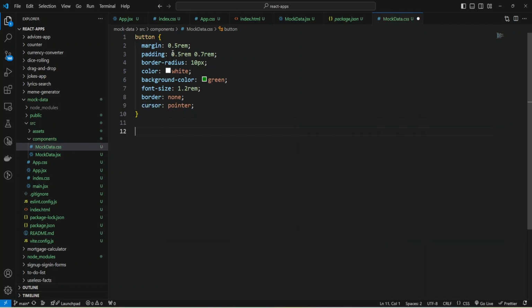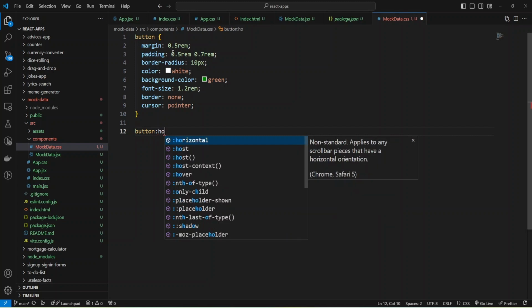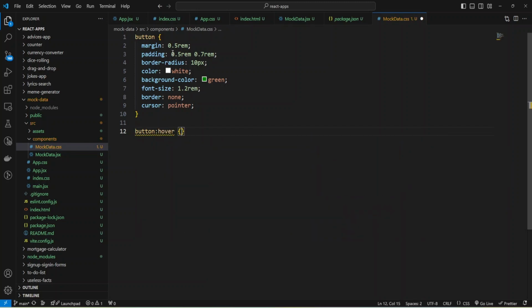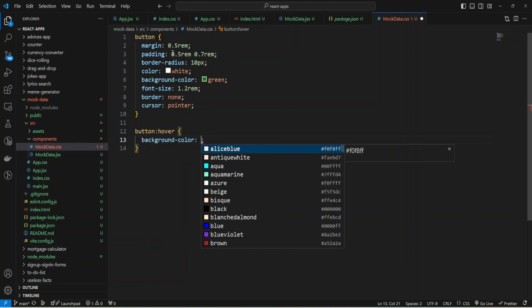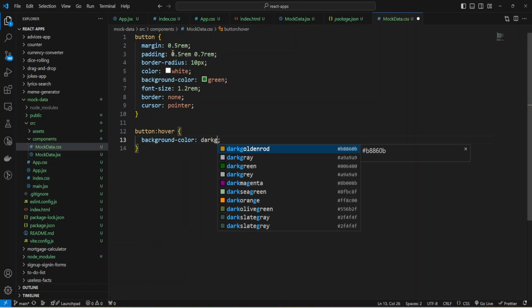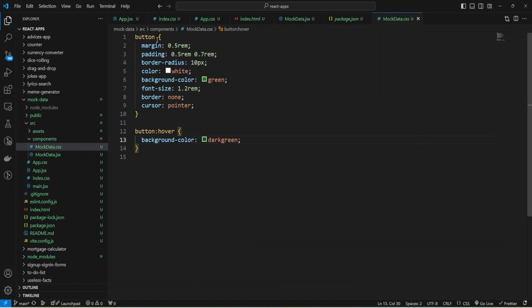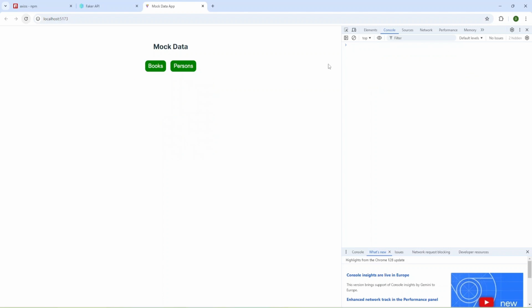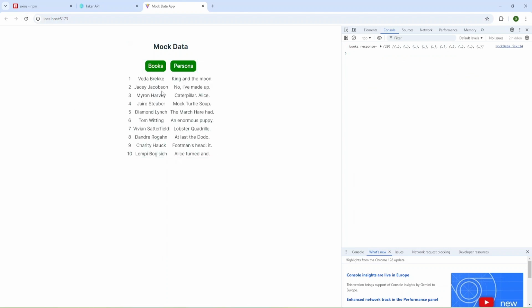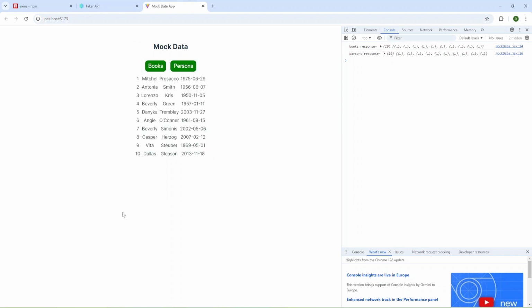cursor pointer, and I'm going to add some hover pseudo class to change background color during hovering. The background color will be dark green. Okay, and let's check what I have. As you can see, styles were changed. I'm going to refresh. Hovering works, and I can get my books and now persons, and everything looks good so